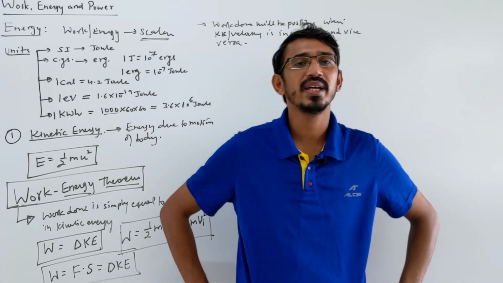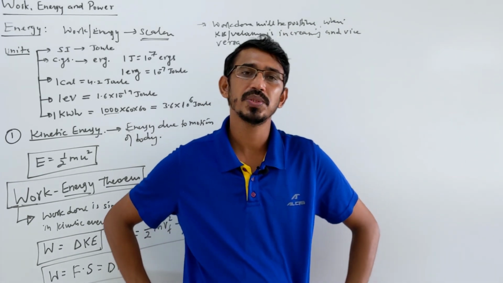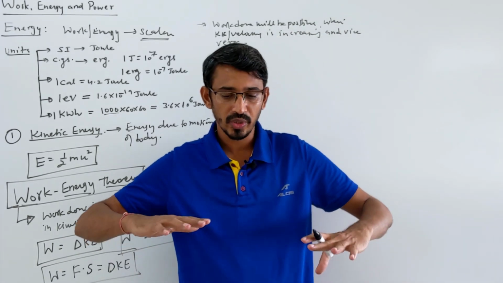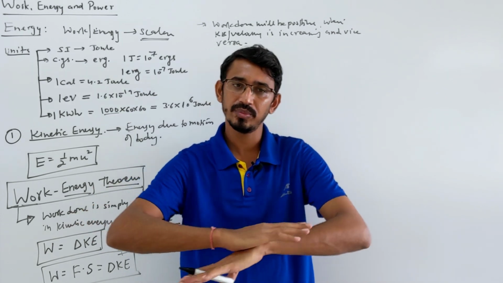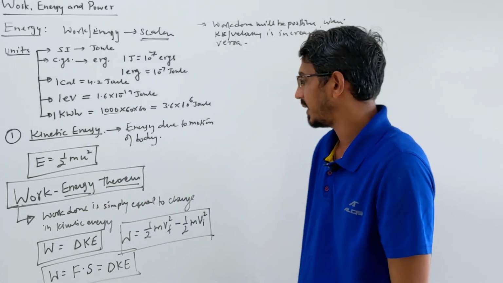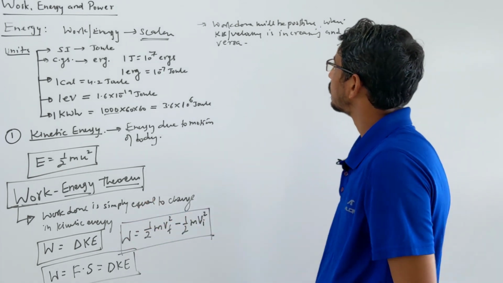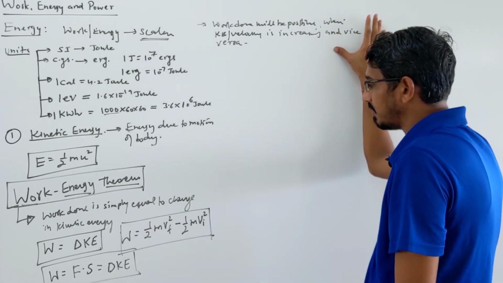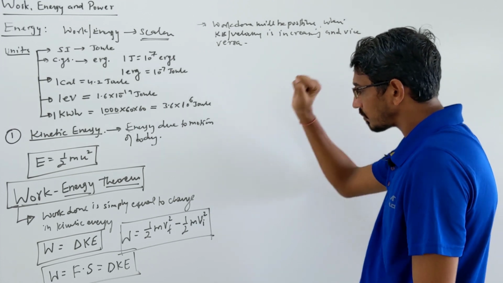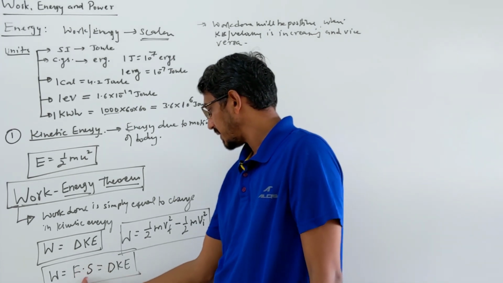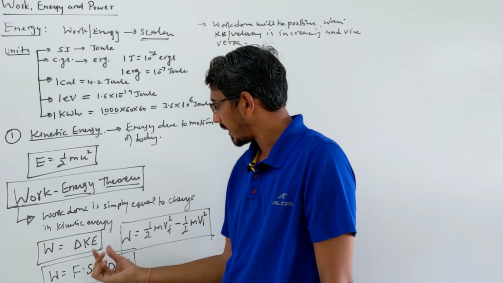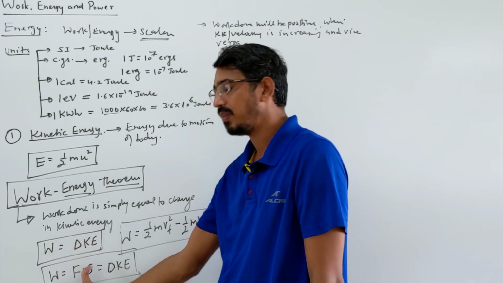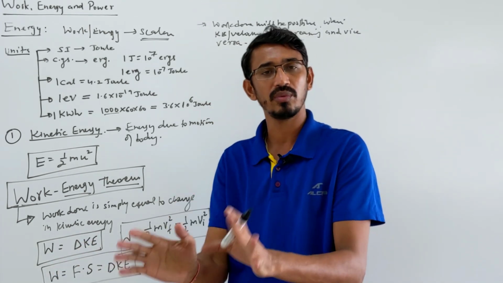Like when you do work against friction, the work done is always what? Negative, correct? Because when a body is moving on a friction floor, the velocity of the body will always reduce, right? Kinetic energy will reduce, so it becomes negative. Okay, this is about whether work done is positive or negative. Okay, force and displacement relation also done. Let's prove whether this is applicable to a constant force, or variable, or both.